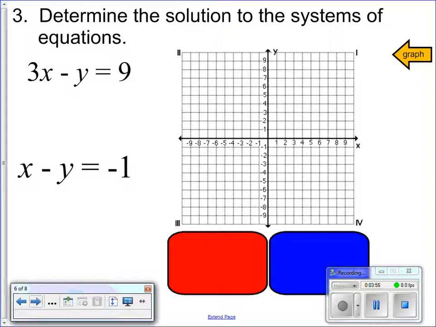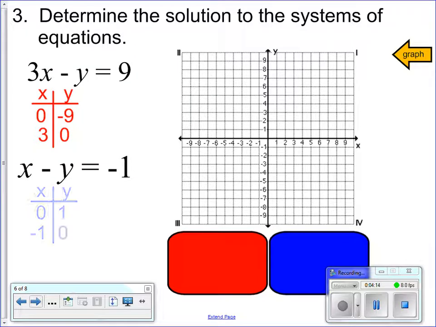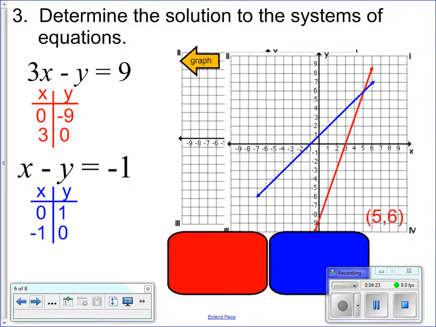All right, determine the solution. The first one is in standard form. So I need to find that if x is 0, y would be negative 9, and if y is 0, x is 3. This one is also in standard form. So when x is 0, y is 1, and when y is 0, x is negative 1. So I'll graph these